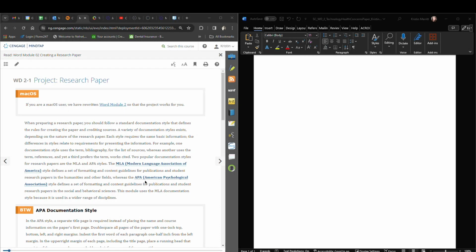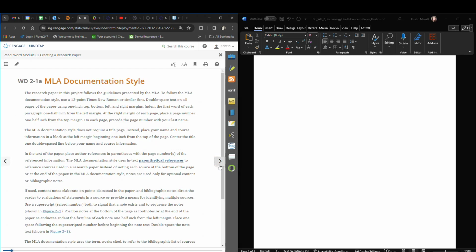In Word Module 2, we will be creating a research paper using the MLA style format. Section 2-1 explains the differences between the MLA and the APA documentation style. Section 2-1A explains that in order to follow the MLA documentation style, we must use a 12-point Times New Roman